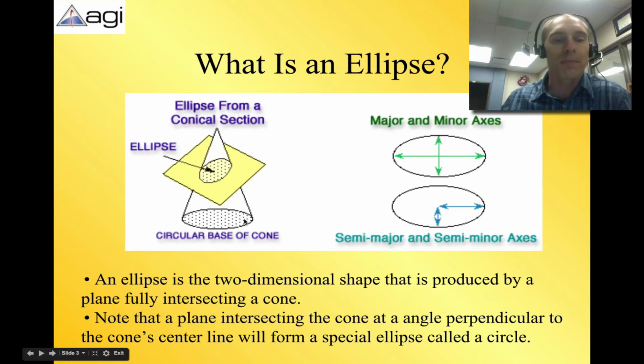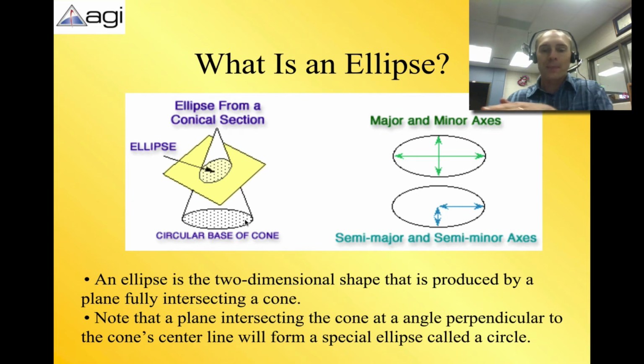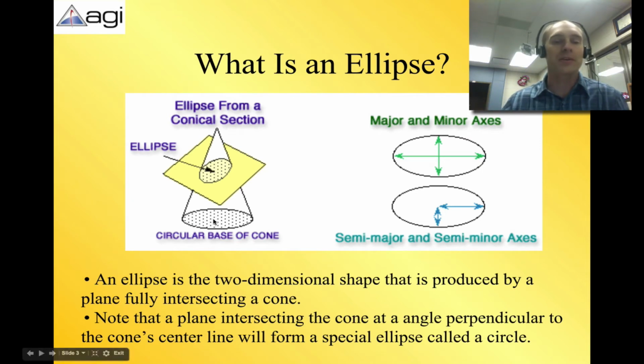If we slice perpendicular to the cone center line, which is basically this bottom piece here, if you pretend this cone extended down and we slice it off, then that's a circle. So slicing perpendicular to the center line makes a circle, but at an angle makes an ellipse. And the other thing you have to note down is major and minor axes. So make sure you draw this: minor is here, major is the long distance, and semi-major and semi-minor are just half of those. So please note both of those down.